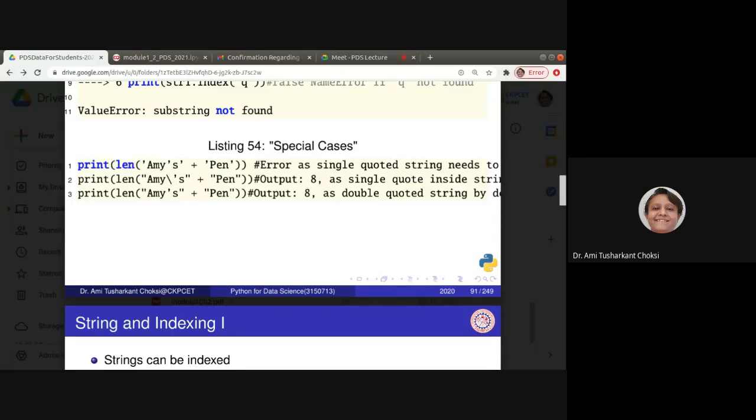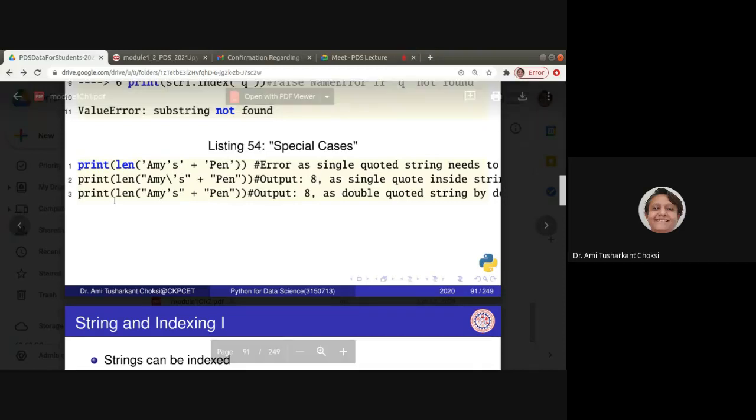No. If we want to put it inside this single quote string, we have to escape it. So in the next one, Ami, then backslash and then apostrophe, so it has escaped this single quote. Then s, and the single quote ends. Here it doesn't depend. This is the example which is given and the output is asked. If you want it inside single quotes only, then too you have to escape this to get the output. So this is the case, plus pen. It will give the length, that is 8.